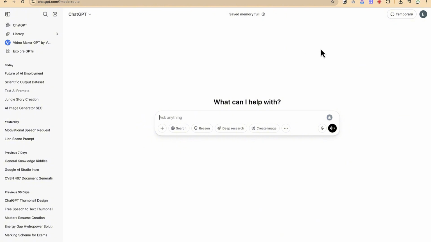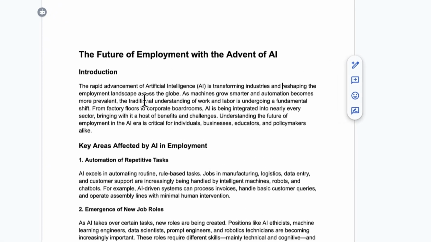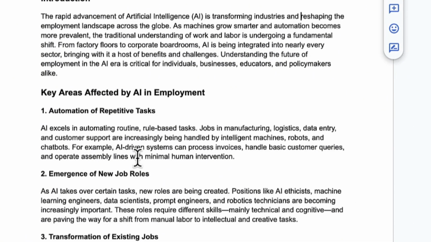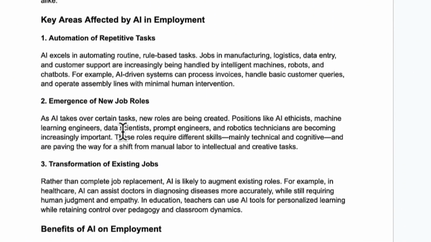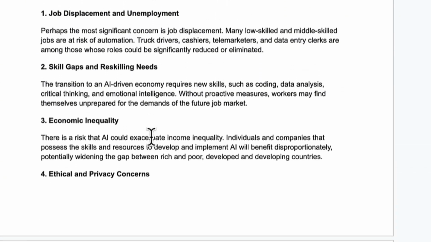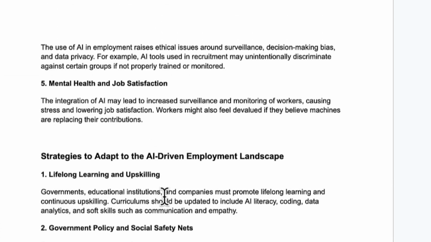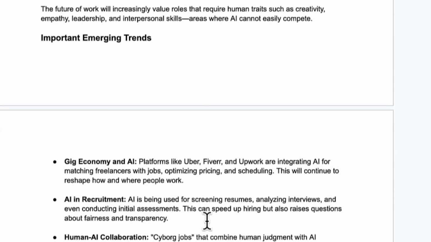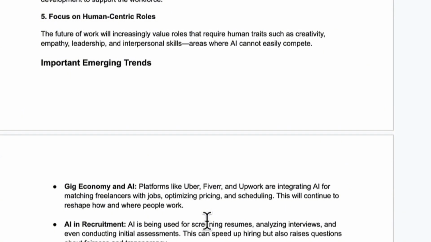or if you have it somewhere, maybe a particular concept that you've written and you want to create the mind map out of it, you can use it directly. For example, in my own case, I have the future of employment with the advent of AI. So with AI now, what is going to happen with employment in the future? If we look at different areas, different concepts, areas to be affected, consequences and challenges of AI on employment, strategies to adapt to the AI-driven employment landscape, and different points after each and every idea or concept